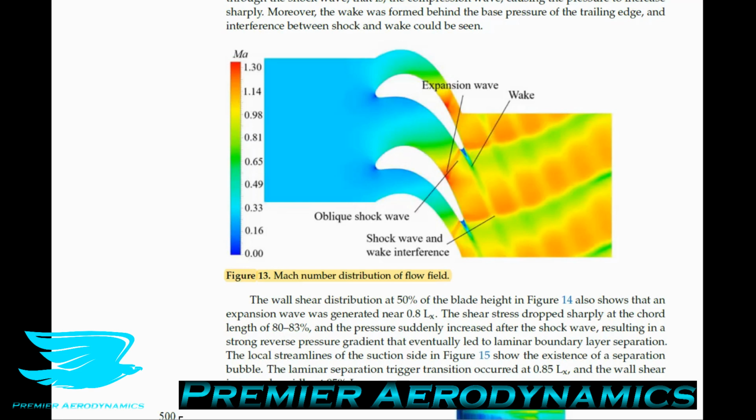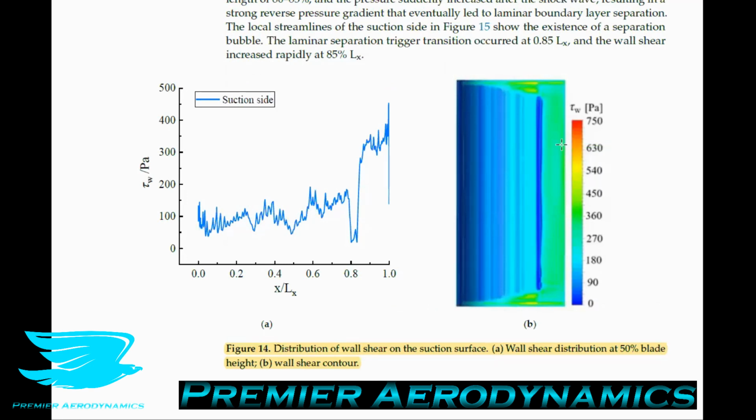And this is not uncommon. You get this when you get shocks not only interacting with each other, but also rebounding off walls. You can get shock diamonds, for example, happening. So figure 14 now shows the distribution of the wall shear stress on the suction surface,